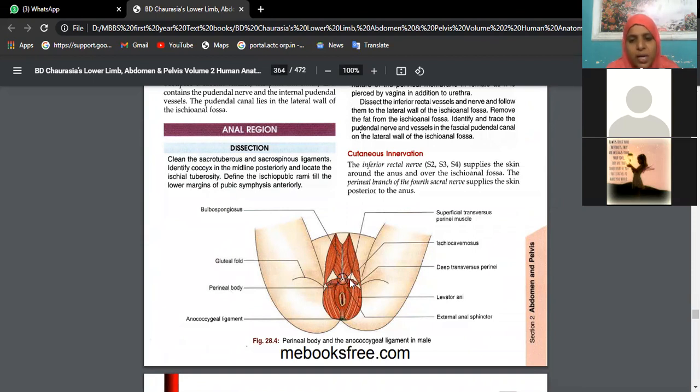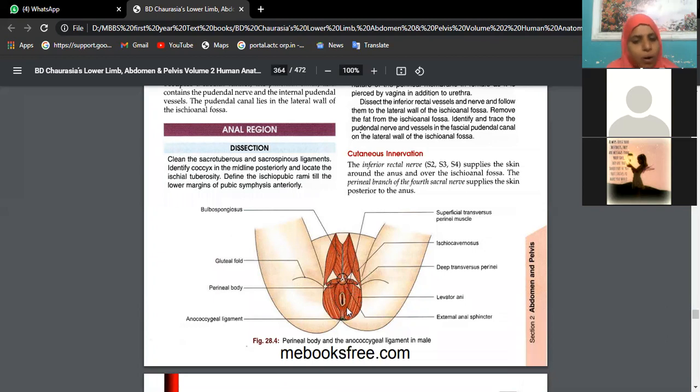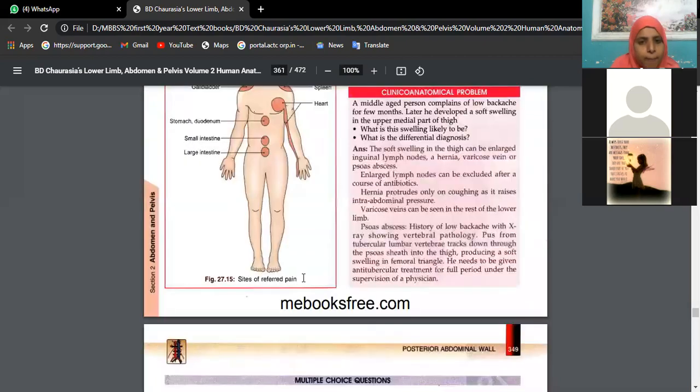We have 2 superficial transversus perineae. Then we have 2 deep transversus perineae. Then we have 2 bulbospongiosus, that makes 6, isn't it? Then we have 2 levator ani muscles, isn't it? And then we have the external anal sphincter. Okay, beta? External anal sphincter. So these are the muscles which form the perineal body. You should list out these muscles. This will give you 3 marks. Okay, then